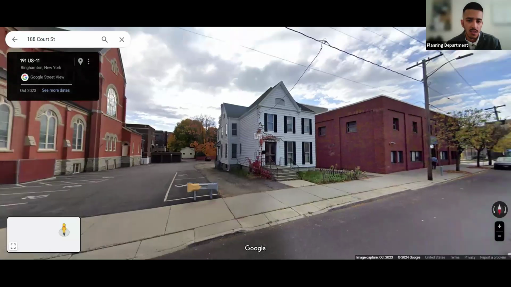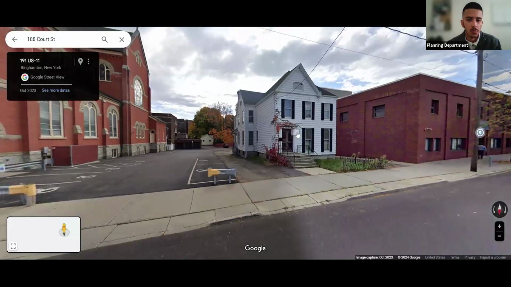So this is a house that is going to be demolished. It got approval through various boards, and we received a landscaping plan from the applicant. They're going to have various spots in the park.